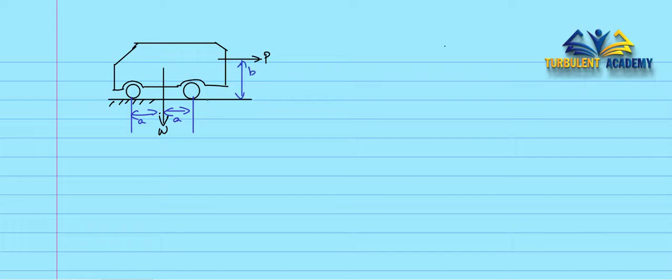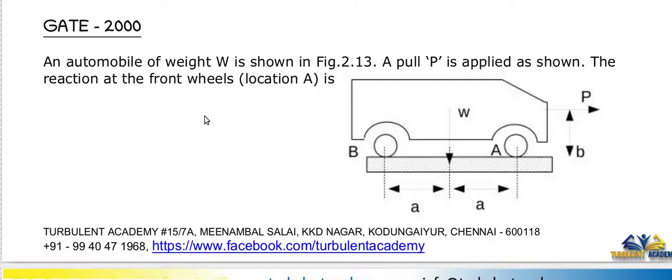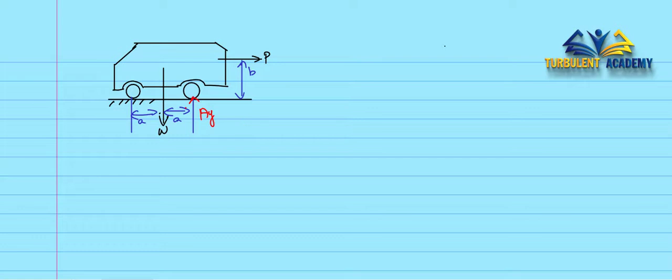So if you could draw the free body diagram, it will be like just taking the concept of rollers, and let's assume the wheel is fixed. So this has AY and this has BY. They are asking the reaction at the wheel A, right? So we need to find A. What we'll do is take the moments about point B. Then we'll get point A in the first step itself.